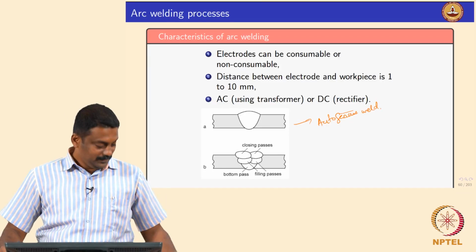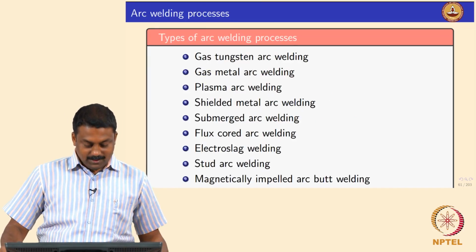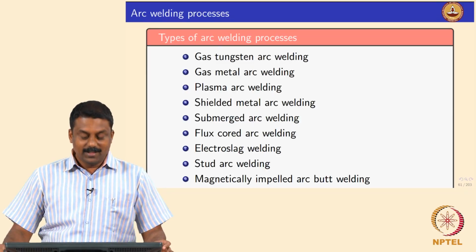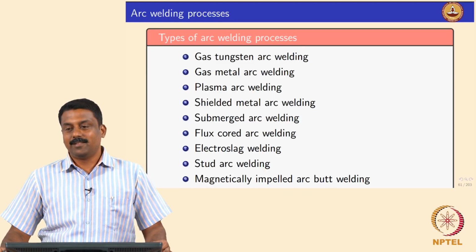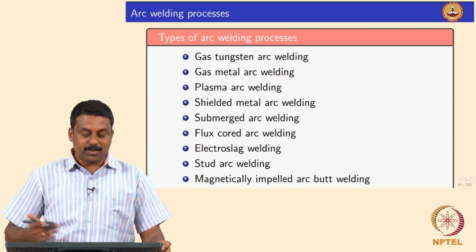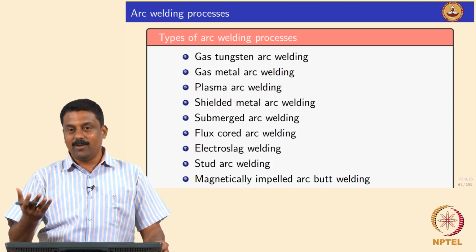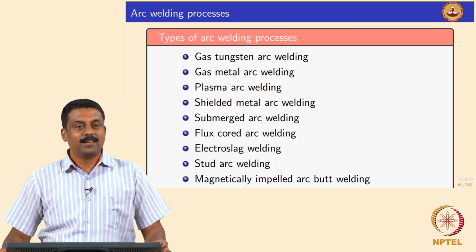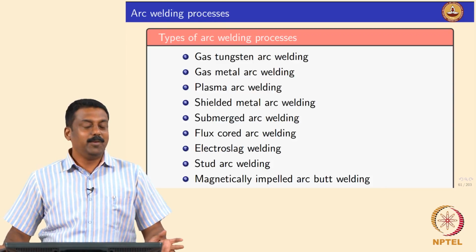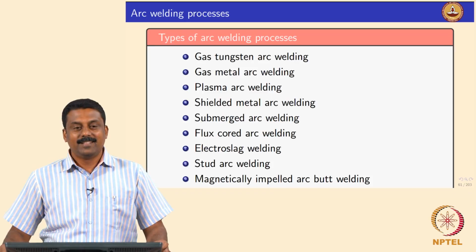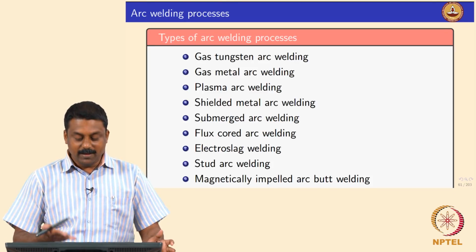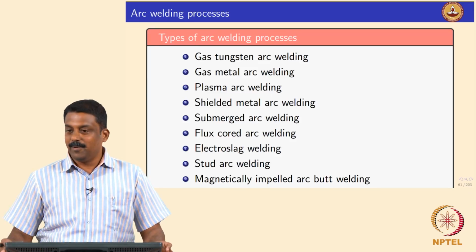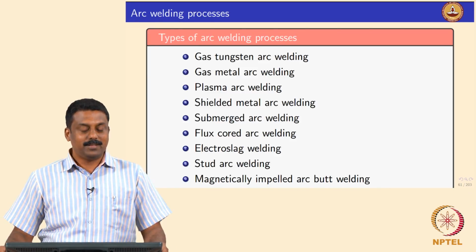Yes, it's clear. Good. So we will look at the types of welding processes and we will go one by one. Using the arc, we can see the various types of processes. And if you understand the physics, you can also create or invent a new process, isn't it? So now you know the physics of the arc. Basically you can modify the various parameters and you can also play around inventing a new process.